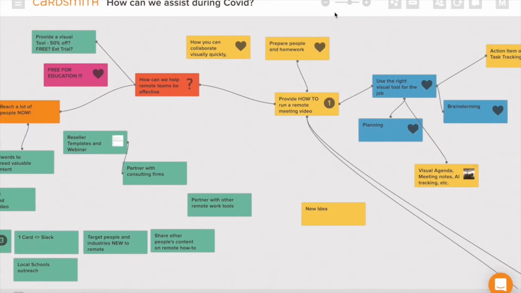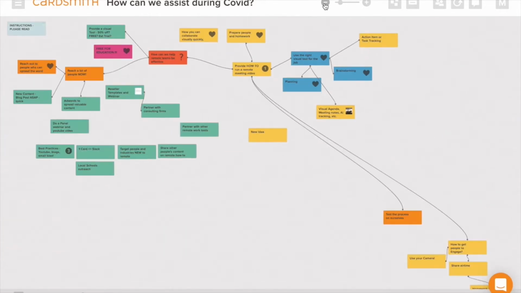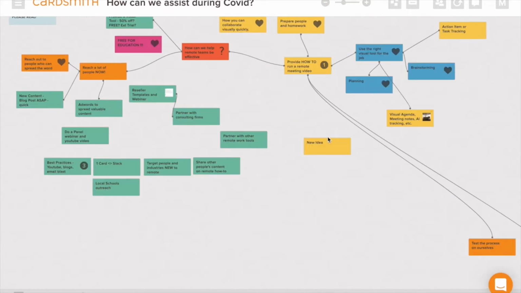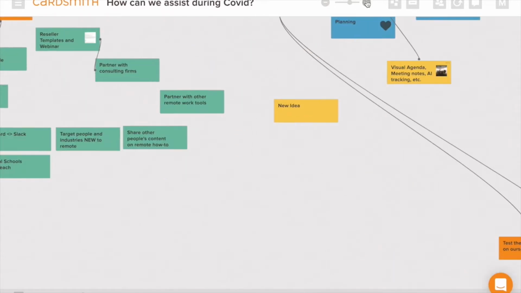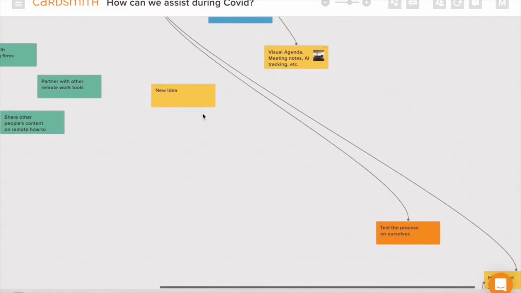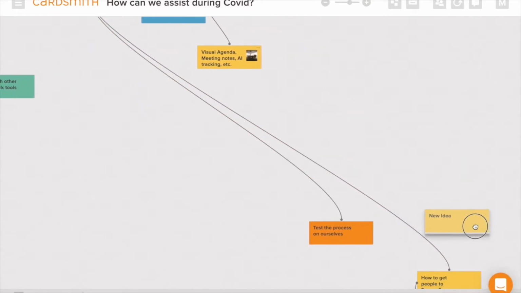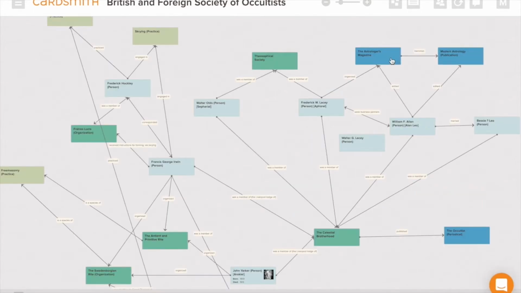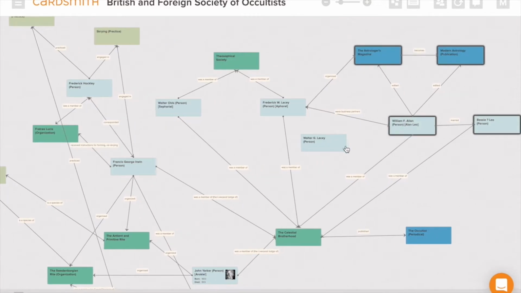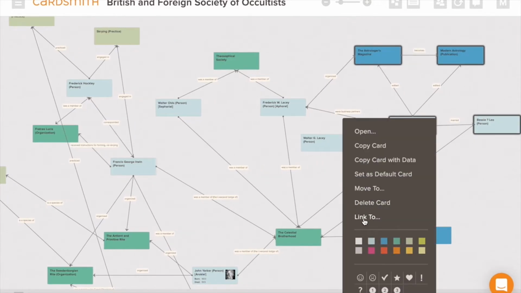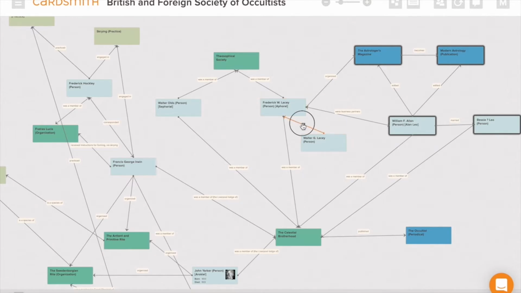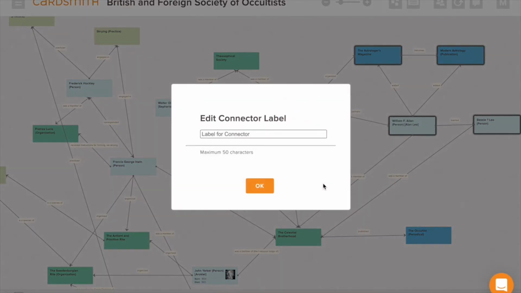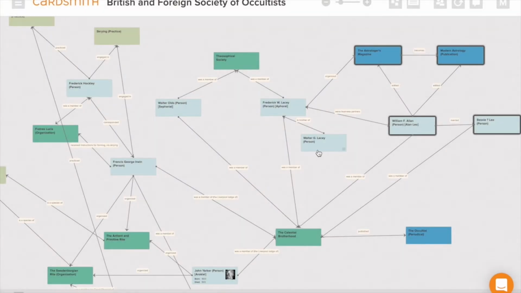Number 2, easy drag and drop. In the freeform board view, you can drag and drop cards anywhere on the board. The board is expandable to an infinite canvas. You can zoom in, zoom out, see the big picture, or details of a certain area of the board. Number 3, it's easy to map things out or show dependencies between cards. Just link a card to another to create strings or arrows to show relationships or dependencies. You can even annotate the strings to describe the relationship between 2 cards.